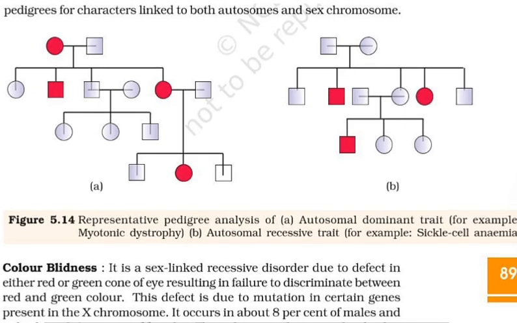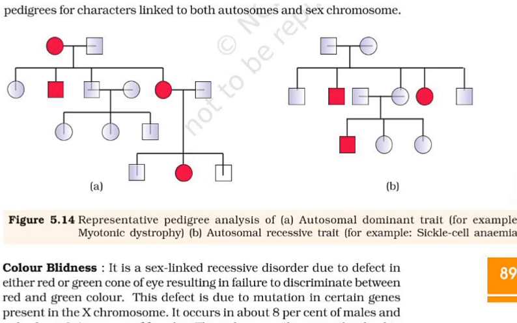Mendelian disorders are mainly determined by alteration or mutation in the single gene. ठीक है. These disorders are transmitted to the offspring on the same lines as we have studied in the principle of inheritance. The pattern of inheritance of such Mendelian disorders can be traced in a family by the pedigree analysis.